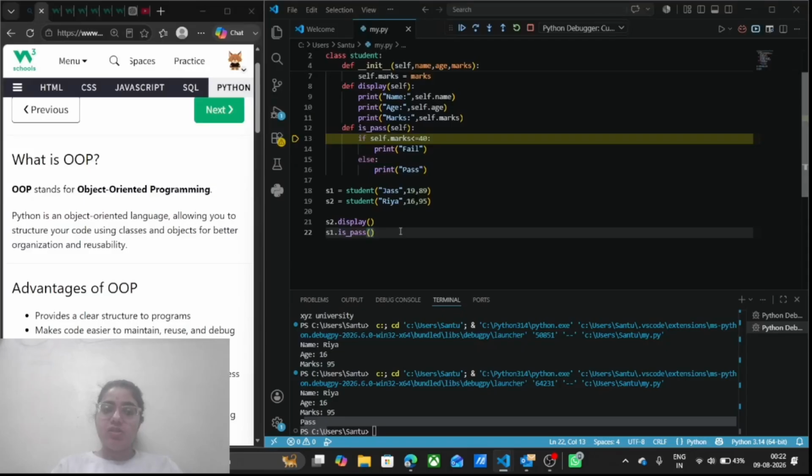If we have access to the current object, we can use self.marks. We can do it usually using self.marks. Next we have,